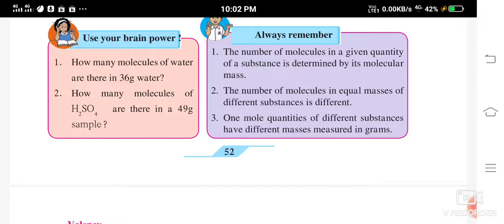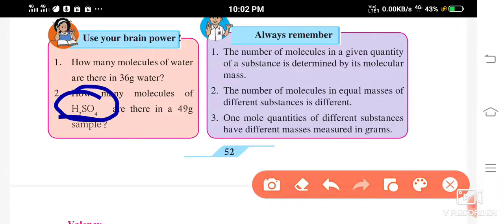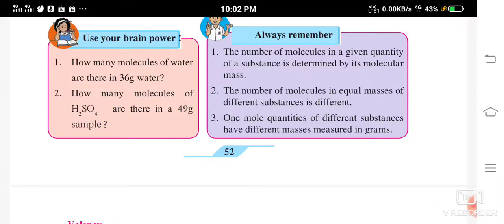Now always remember the number of molecules in a given quantity of a substance. Now see, before proceeding with this, you might be thinking, from where are you going to get the atomic mass of this compound? You are going to get it in the periodic classification of elements. In the modern periodic table, the atomic mass is given to you. Just see that and do. I've told you almost everything, so only a little part of the work is left for you.